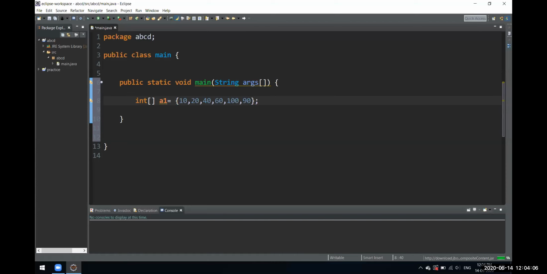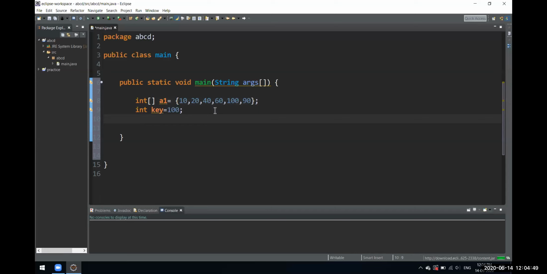It would also have a key, which is the element we are going to find. So let the key be 100 for now.